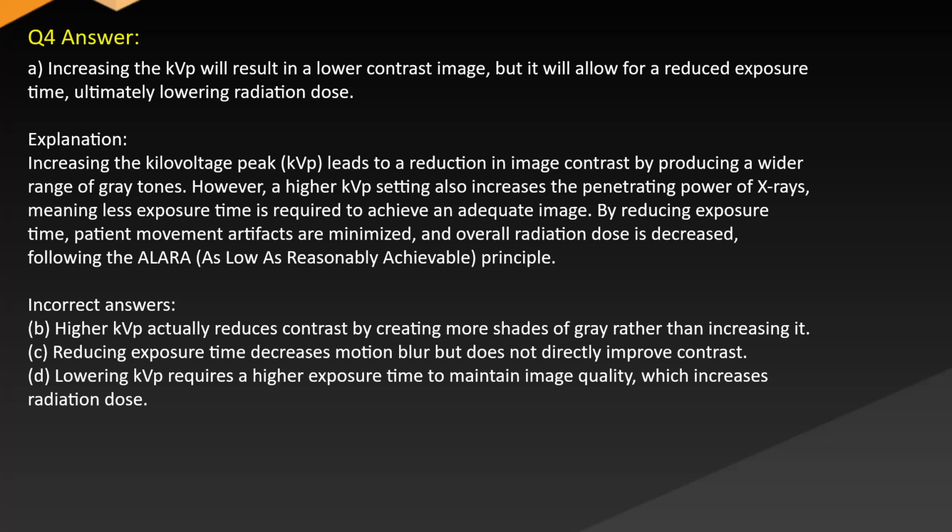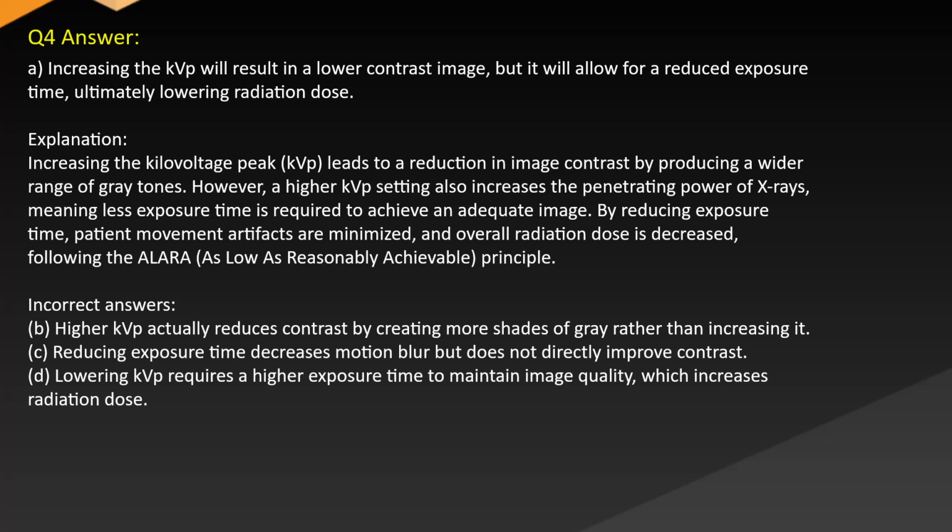Answer A. Increasing the KVP will result in a lower contrast image, but it will allow for a reduced exposure time, ultimately lowering radiation dose. Explanation: increasing the kilovoltage peak (KVP) leads to a reduction in image contrast by producing a wider range of gray tones. However, a higher KVP setting also increases the penetrating power of X-rays, meaning less exposure time is required to achieve an adequate image. By reducing exposure time, patient movement artifacts are minimized and overall radiation dose is decreased, following the ALARA (as low as reasonably achievable)